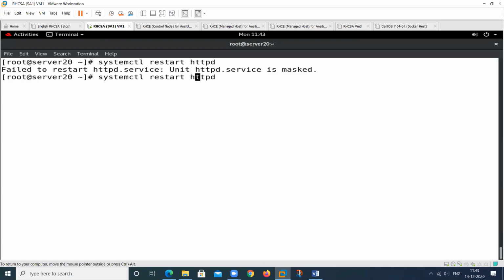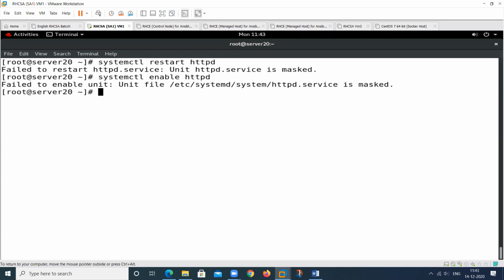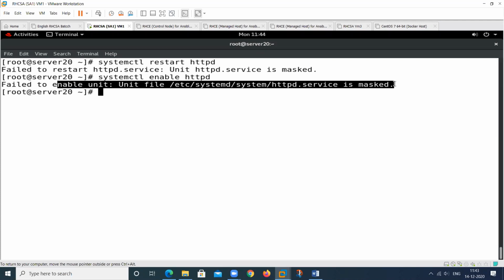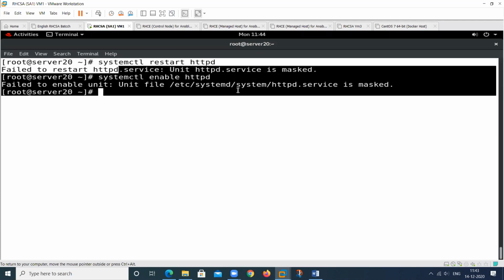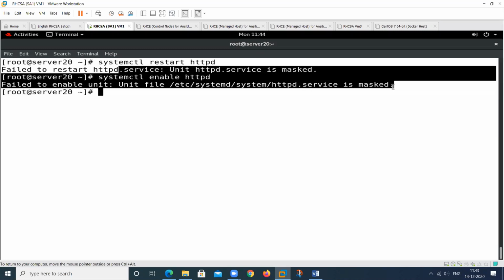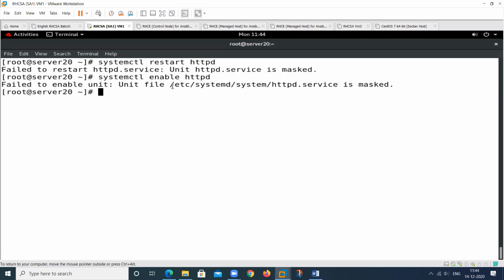If you want to enable this particular service, see, again it shows me a message: this is a masked service. So accidentally this service cannot be installed or enabled. If we reboot this machine, see again, what is the impact?